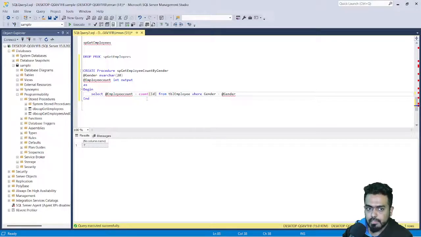So basically, what I have done is I have created a stored procedure. It will take two parameters. One is gender, which is the input, and we have one output parameter. How will you define an output parameter? By mentioning this output. Our query is selecting the gender. While calling the stored procedure, I'll pass a parameter called gender, and the count of that particular gender will be initialized and stored in the employee count. Now if I just try to execute this,